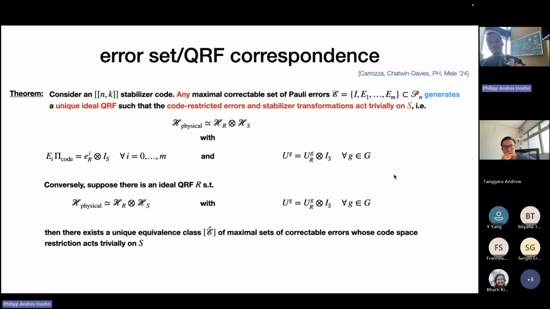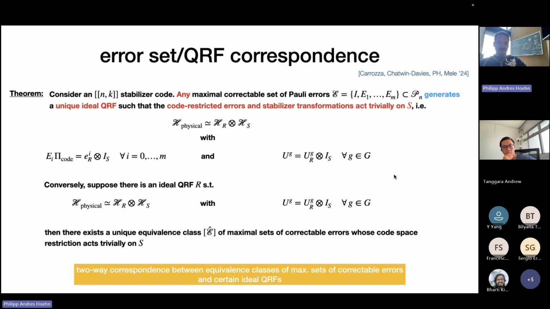And now the converse is also true. You give me a quantum reference frame with these special properties, and there corresponds to it a unique equivalence class of maximal sets of correctable errors whose code space restriction only acts on the frame. So it's really a correspondence that goes in two ways. And so this theorem, why is that actually interesting? So it really has something